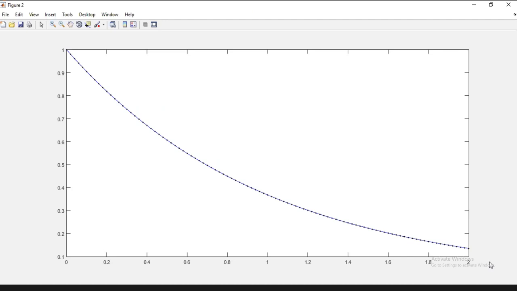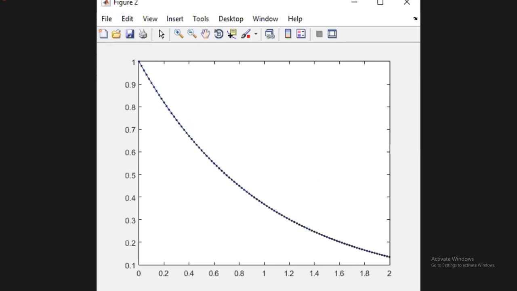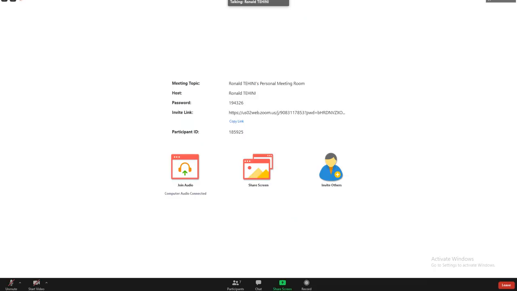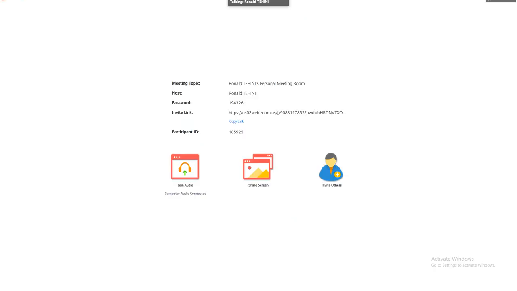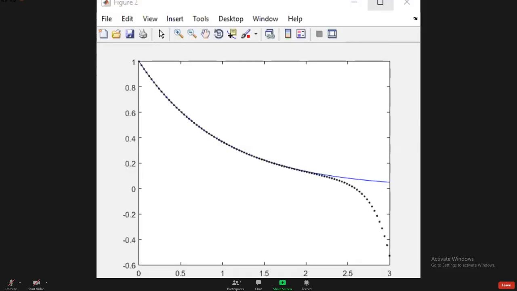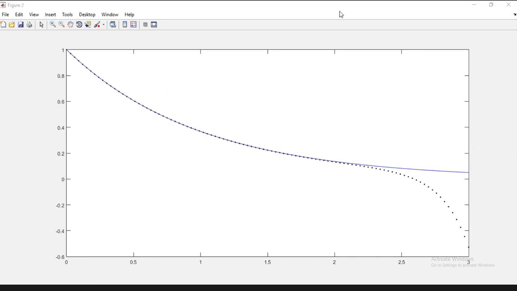Okay, so you can see that in black dots is the RK4 and in blue is the theoretical solution. You see that it's still perfectly working, the RK4, for x equal 2, and till x equals 2 it works perfectly. We saw that for this problem the error increases exponentially with x, okay? But still for x equal 2, it's working perfectly. Now let's increase b to 3 here, right? You see that for b equals 3, the problem starts here. For 2, it's good, and then